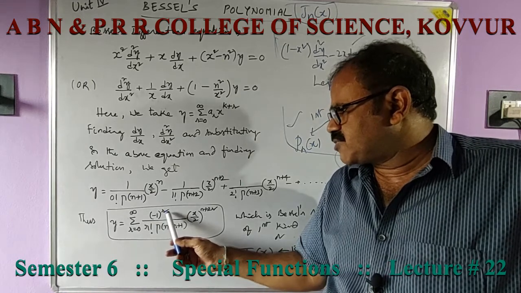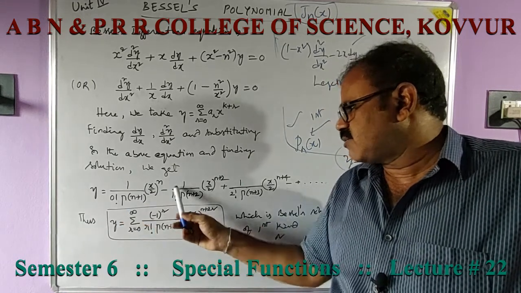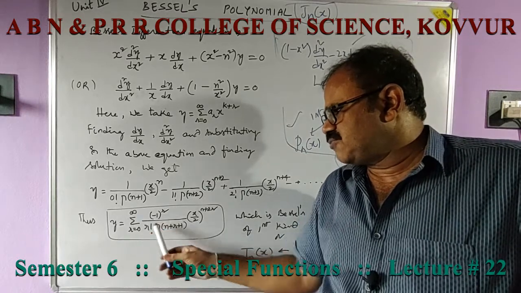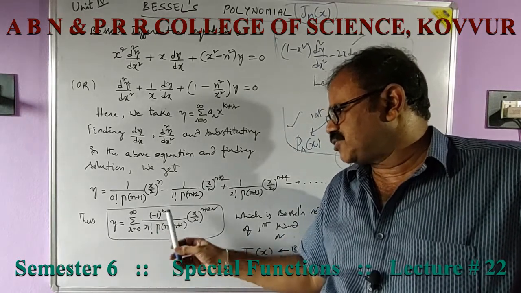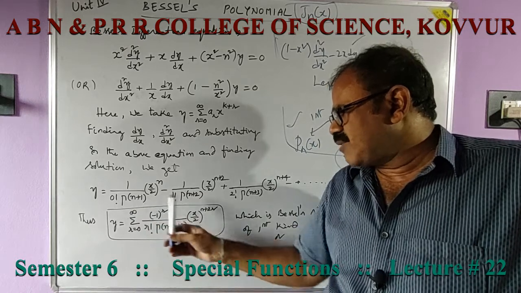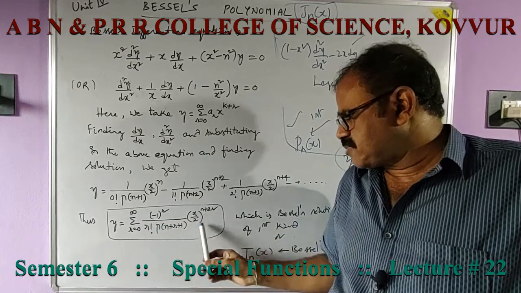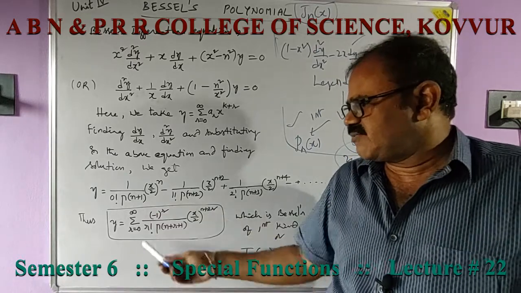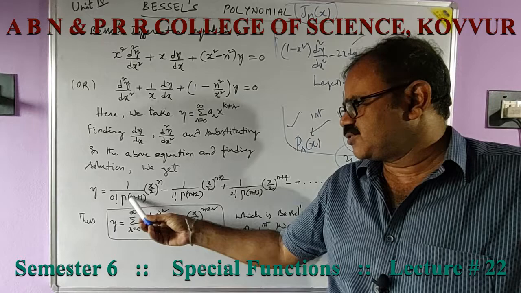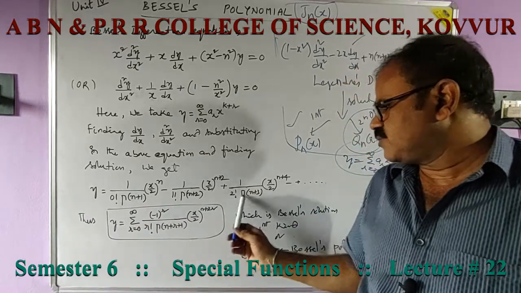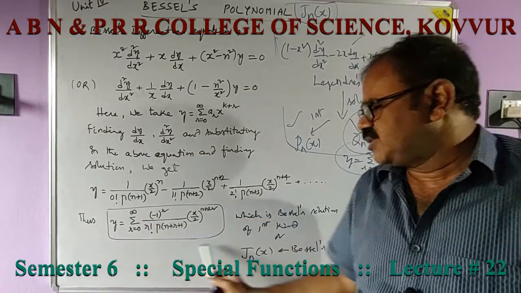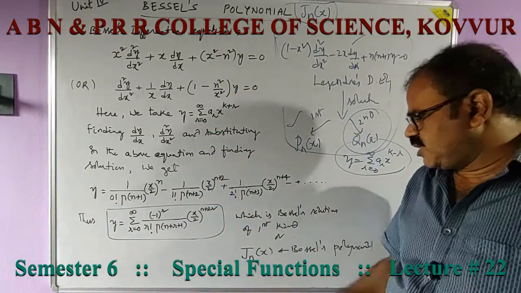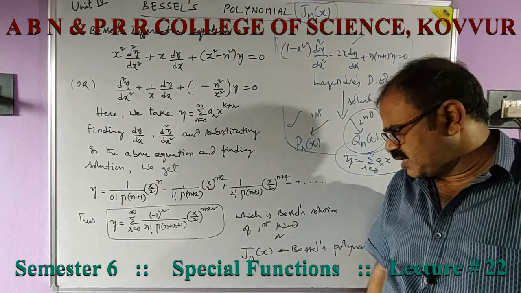In the numerator, minus 1 power r. Why? Because this is 1 minus 1 plus 1, like that. Therefore, sigma r is 0 to infinity minus 1 power r by r factorial into gamma n plus r plus 1 x by 2 whole to the power of n plus 2r. You may clearly verify by taking r is equal to 0, r is equal to 1, r is equal to 2, like that, which is said to be the solution of Bessel's differential equation, is said to be Bessel's polynomial,